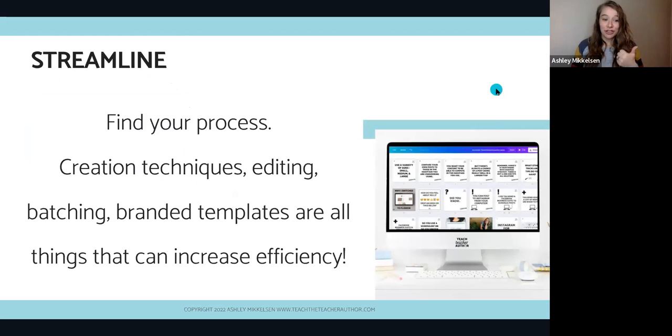Okay, so first you're going to find your process. My process and your process might look different, but I'm going to share what works for me, and maybe it'll inspire something that works for you. So in your creation techniques, in your editing, in your batching, branded templates, all of those are things that can